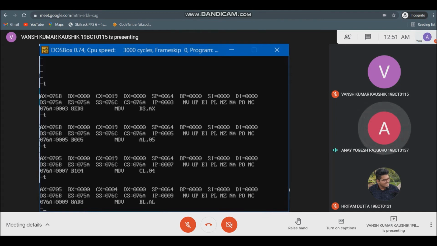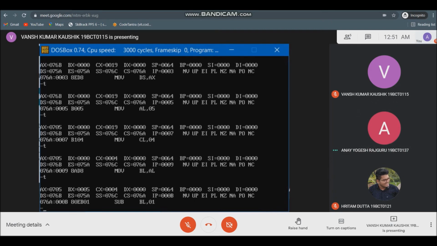In this statement, we move the content of the AL register to the BL register, and a copy of AL is stored in BL. So now press T to execute the next command. Now we are subtracting 1 from the BL register. Press T to execute the next command.